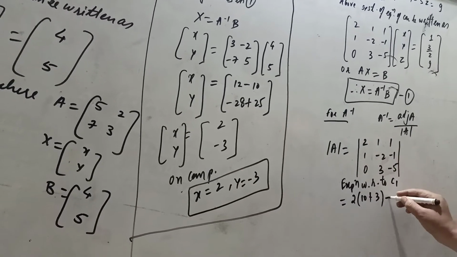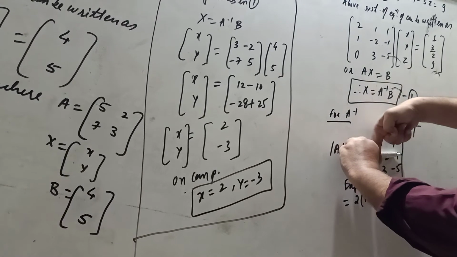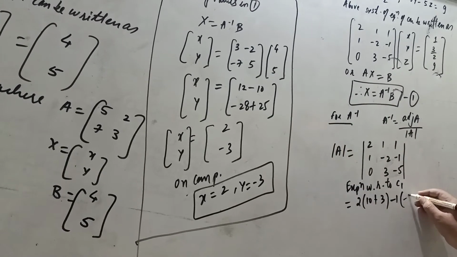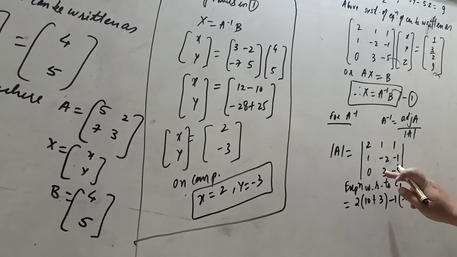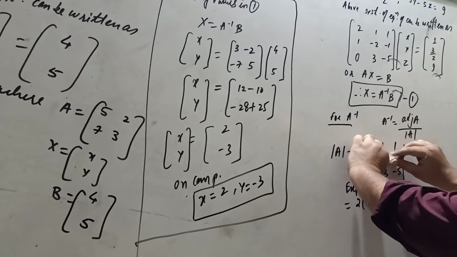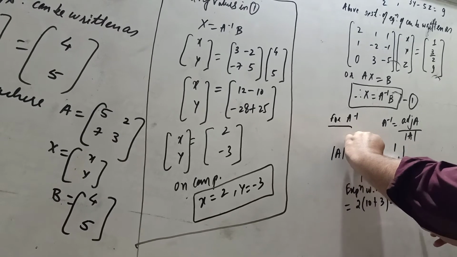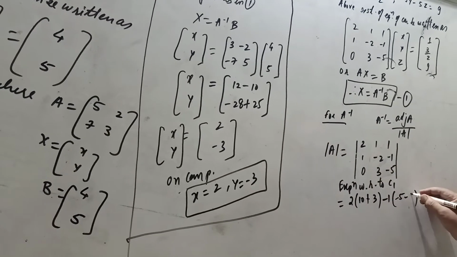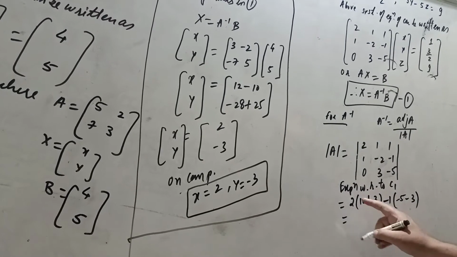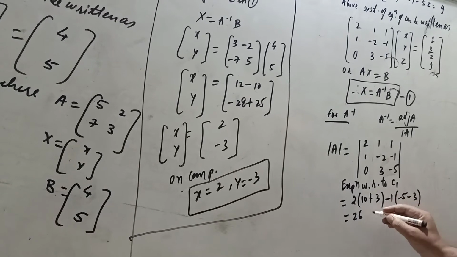Now we have to change the sign of the second element. Don't take this row and column. So the product is 1 into minus 5, minus sign in between, 3 we are finding for 1. So don't take this row and column, minus 5 and in between minus sign, then 3. Another element is 0, so no need to write. This is 13, 2s are 26. This is minus 8 plus 1 plus 8.